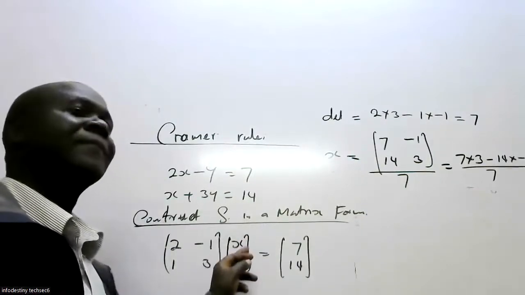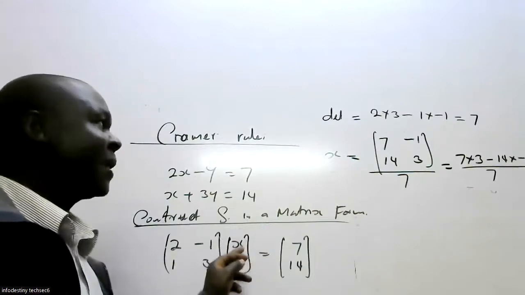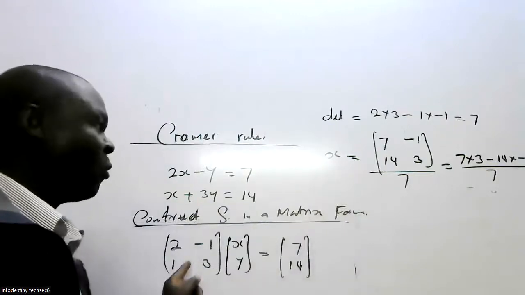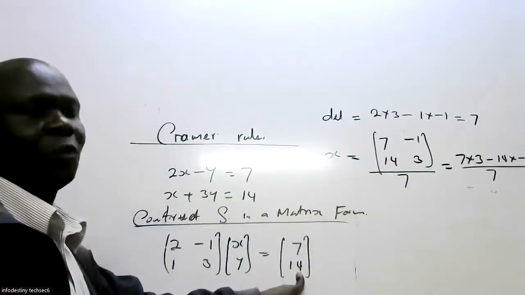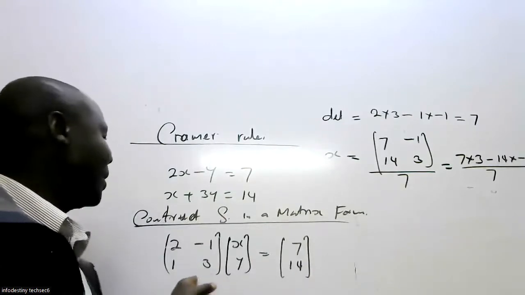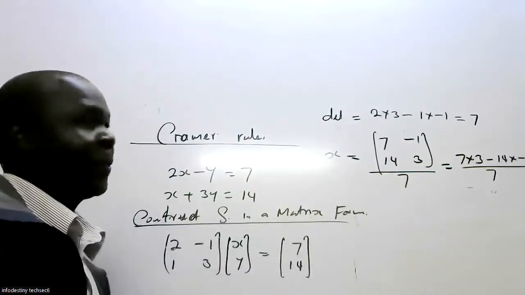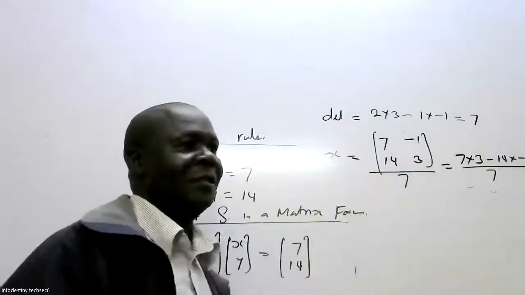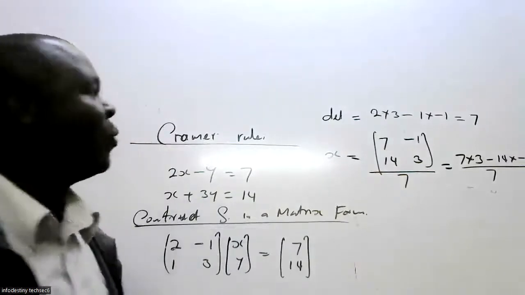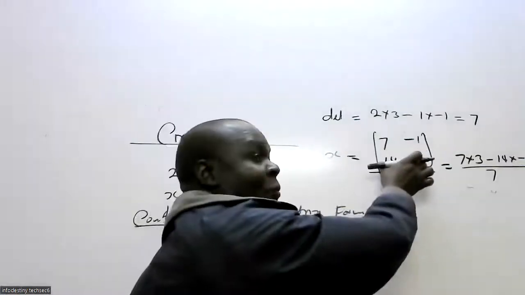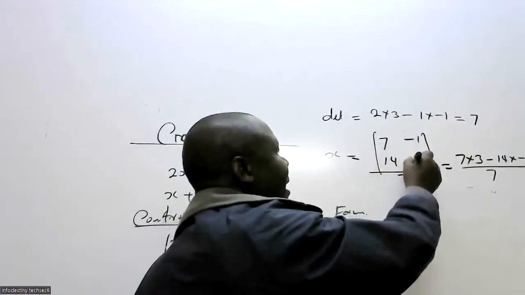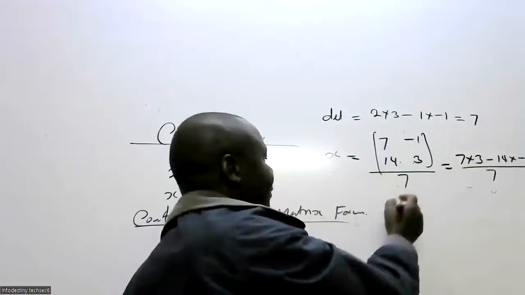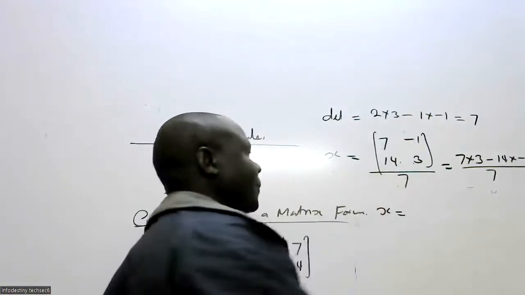What is x? Now we say x will be equal to: we replace this particular x now with this, and this y remains constant, which is this one. Then we divide by what? 7. Then after that, we find the determinant of this matrix now, by taking this one times this, minus this one times this. Then we divide by 7. So x will be equal to